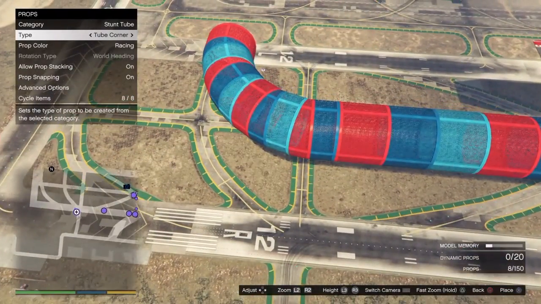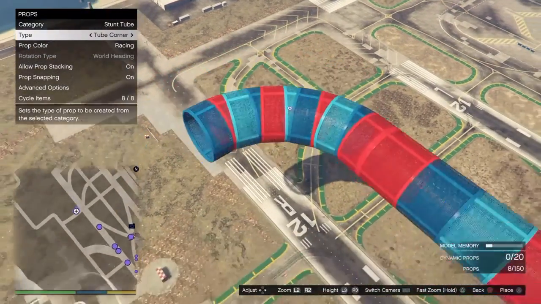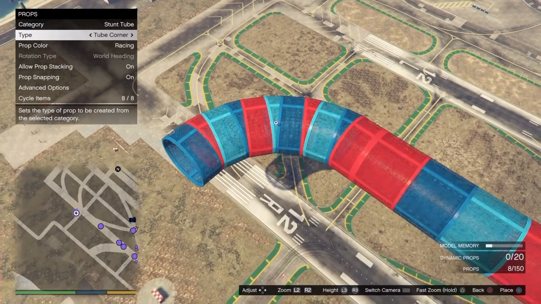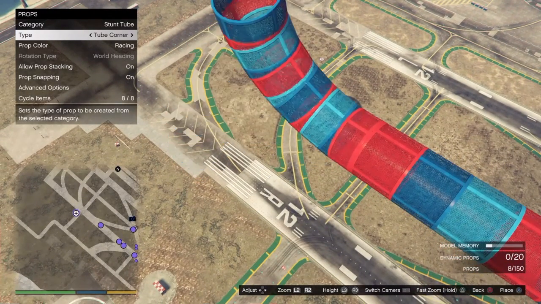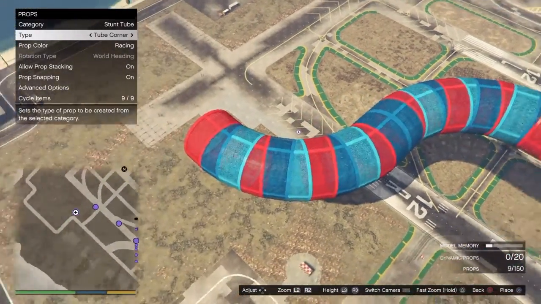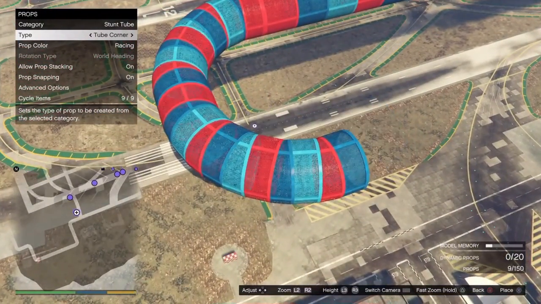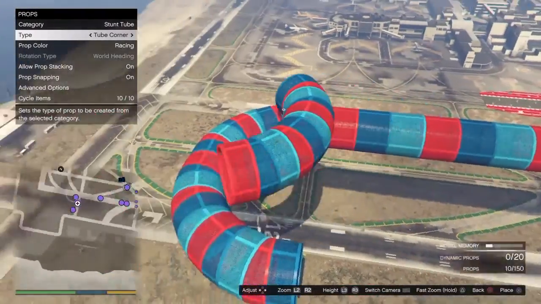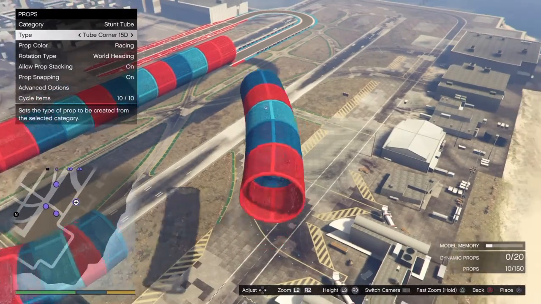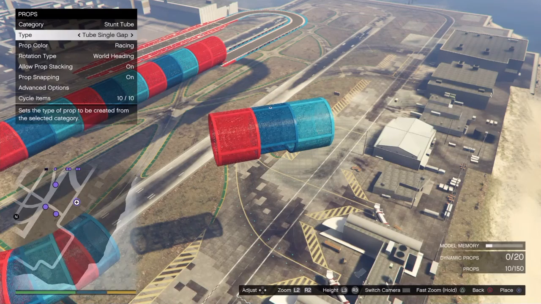I want it to turn left, so I'm going to unconnect it and spin it around this way, and then it's not at a perfect 180 degrees, but it's going to connect to be that way, and it will be perfectly level with the ground, because if I was just to do this, it's quite annoying because you don't have it at perfect degrees. Alright, so I'm going to want to disconnect it and then do it like that. Alright, so then you've got a 180 degree tube turn. Alright, and so those are the main tubes, and you've got forks, you've got splits, you've got single gaps, which